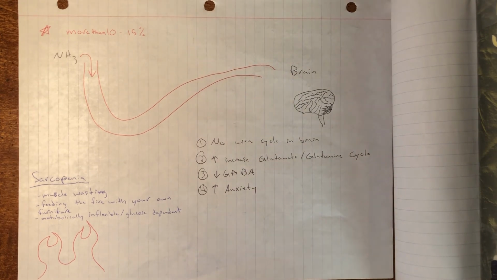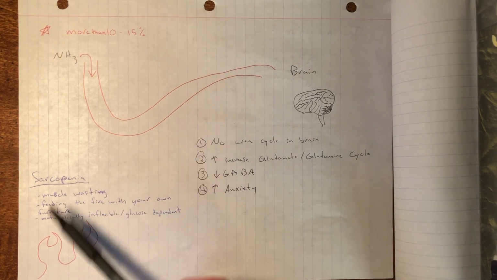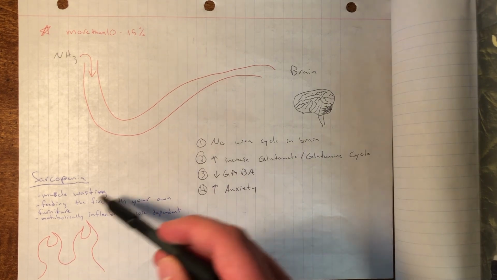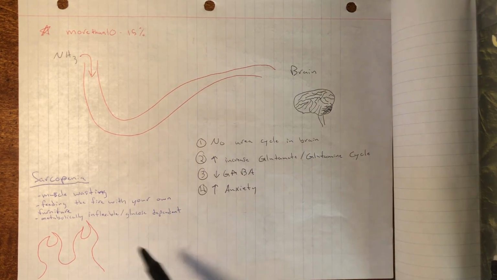Also, people who are metabolically inflexible and completely reliant on carbohydrates or sugar are going to fall into a category of sarcopenia, where they're muscle wasting. They're actually eating away their muscle to provide energy. They're going to be going through oxidative deamination so that they can get rid of the amine group and then use the carbon skeleton that's left over as an energy source to get glucose. This is not good because this is essentially like